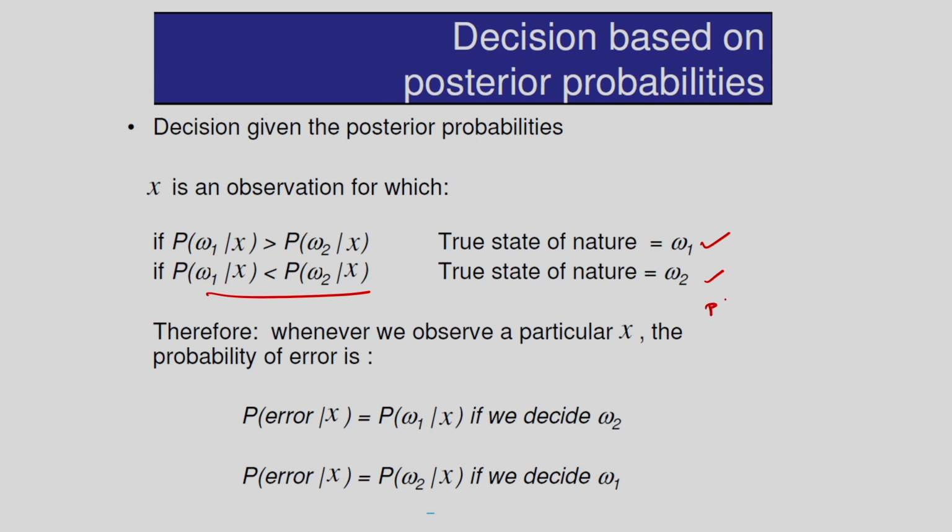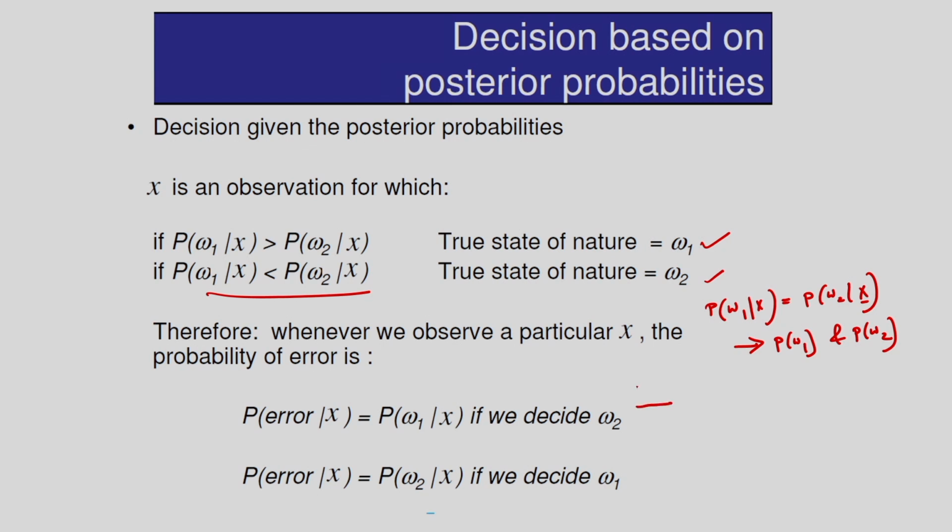Suppose I have this condition, the probability of W1 given x is equal to the probability of W2 given x. Then in this case, we have to see the prior probabilities, the probability of W1 and the probability of W2, and based on this we can take a classification decision. So how do we do the classification now?